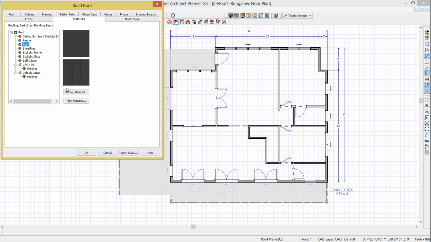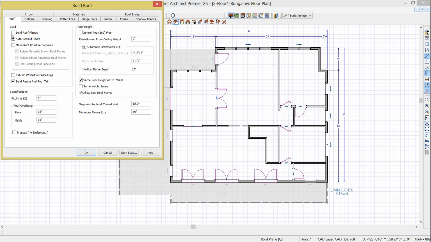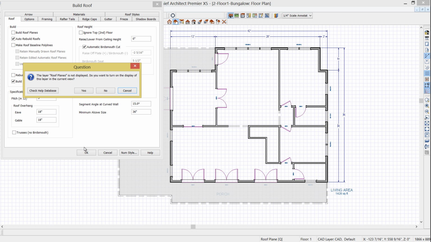In the roof material, I'm actually using in my default a metal roof. You can always change this at any point along your design, but if you find yourself saying, I always do this, then you can set that as your default, and then every time you build something, it's already set up. So let me go back into the roof, check automatic build roofs, and we'll generate that